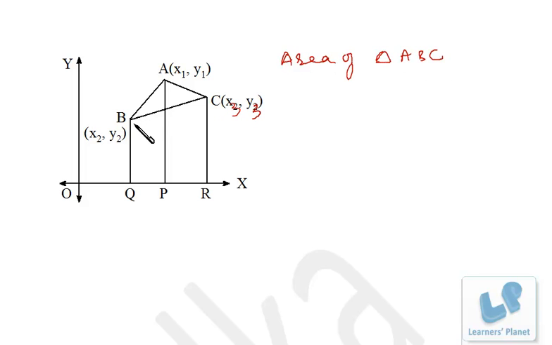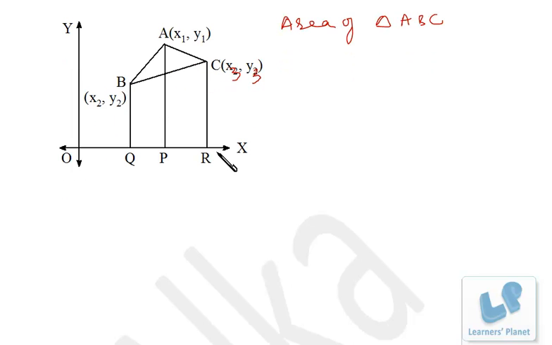First of all, we drop a perpendicular from A, B and C on the x-axis. So we have the three points Q, P and R. Now we have to find out the area of triangle ABC. How can we do that? You can see this trapezium ABQP. Area of trapezium ABQP plus area of trapezium APRC,